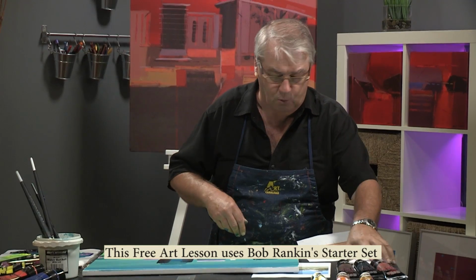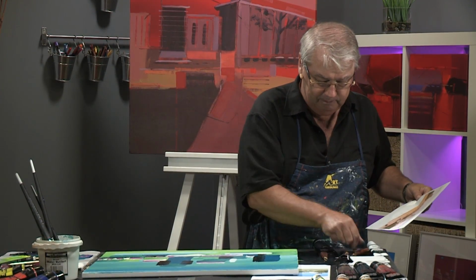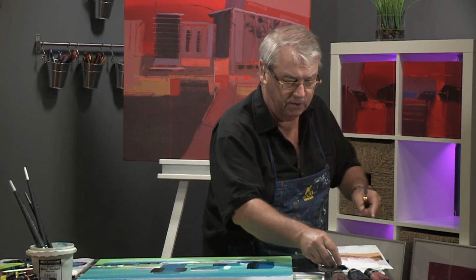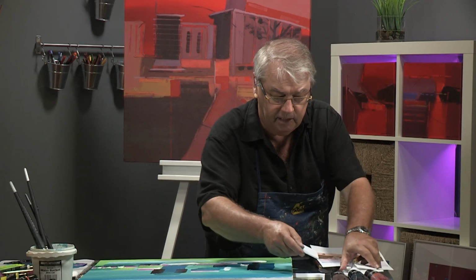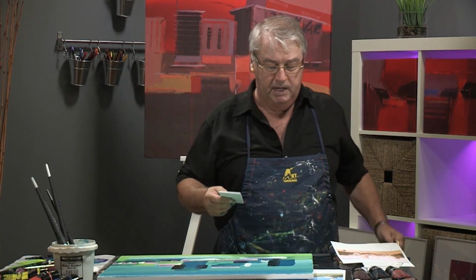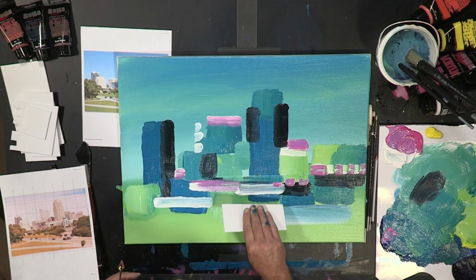I've taken foam core. You can use, of course, palette knives that we're going to be using for part of this. But in addition to it, for some of the really long areas, and I'm going to start off with that, you can use any cardboard around the house, mat board scraps if you're an artist that you might have chosen in the past. I love foam core because it's really rigid, and so what I'm going to do is bring this down